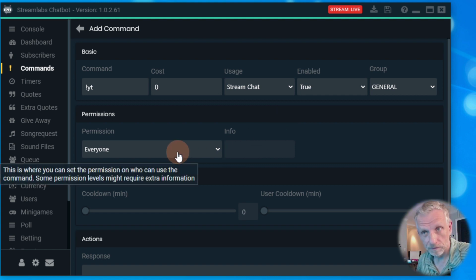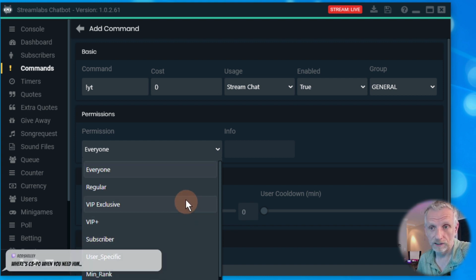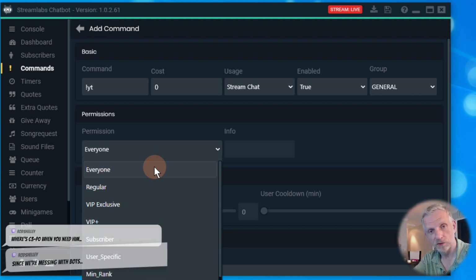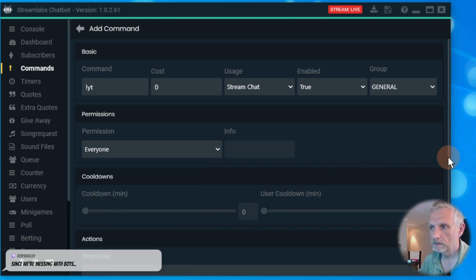There are certain commands that only particular roles on Twitch can get. For example, I could give out a link to Discord but not make that available to everyone. I could say this is something I only want mods to have access to. And if I ask Steve or Christina or Julia, hey, can you send so-and-so a Discord invite? Then they could do that, but not everyone can access that command. So I'll make this for everyone.